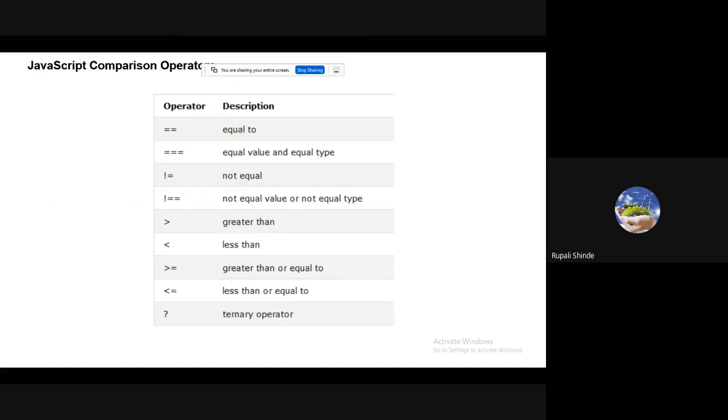Then the comparison operators. There is the equal to operator, but JavaScript gives an additional facility: triple equal to, which indicates equal value as well as equal type. Not equal to means not equal value or not equal type. Then greater than, less than, greater than or equal to, less than or equal to, and the ternary operator.